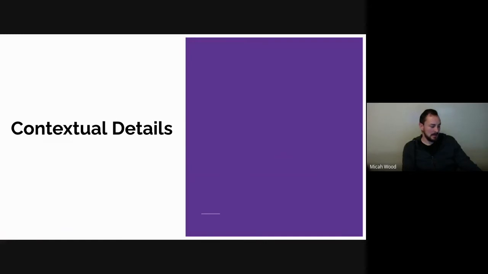So then outside of the essential details, we have the contextual details. There are a lot of little key pieces of information that could give us very big hints as to what's going on. One of the big ones here is workarounds. There's almost always some way that you can get around the problem, and it just depends on your problem, right?